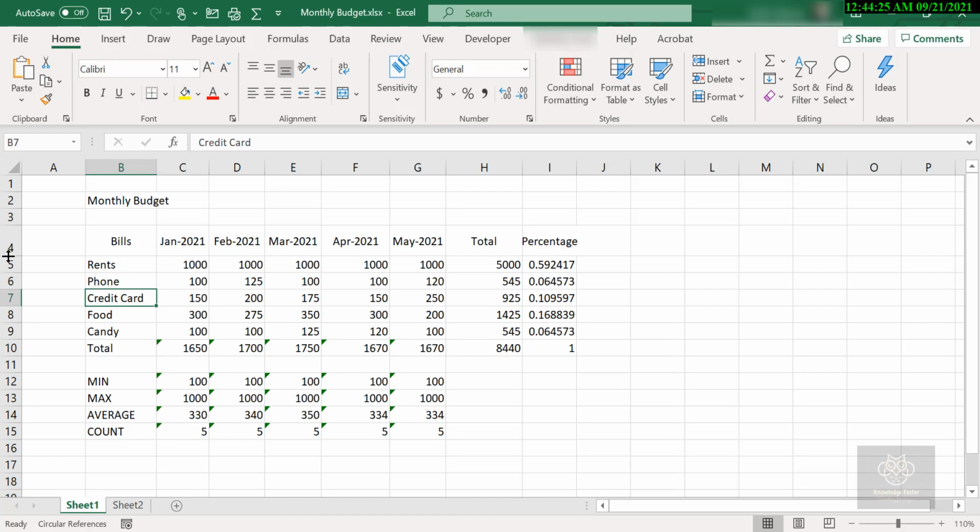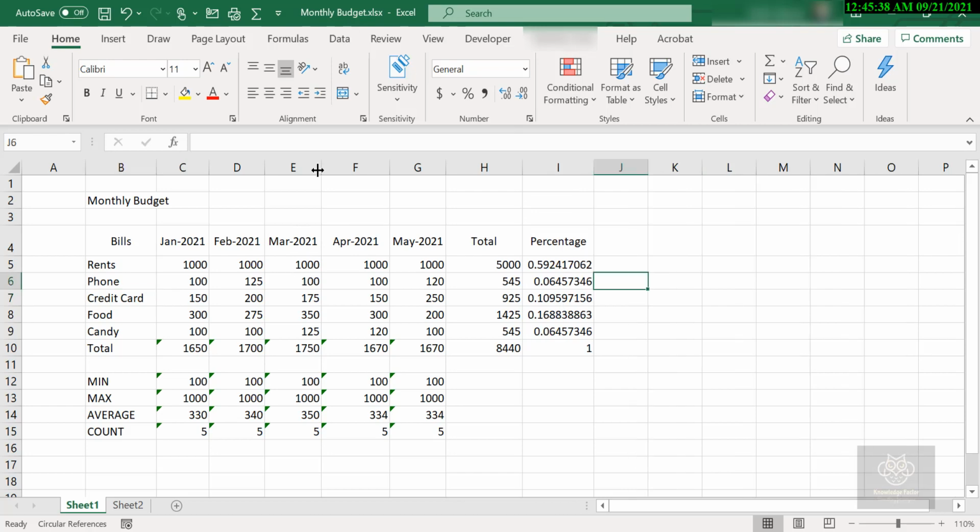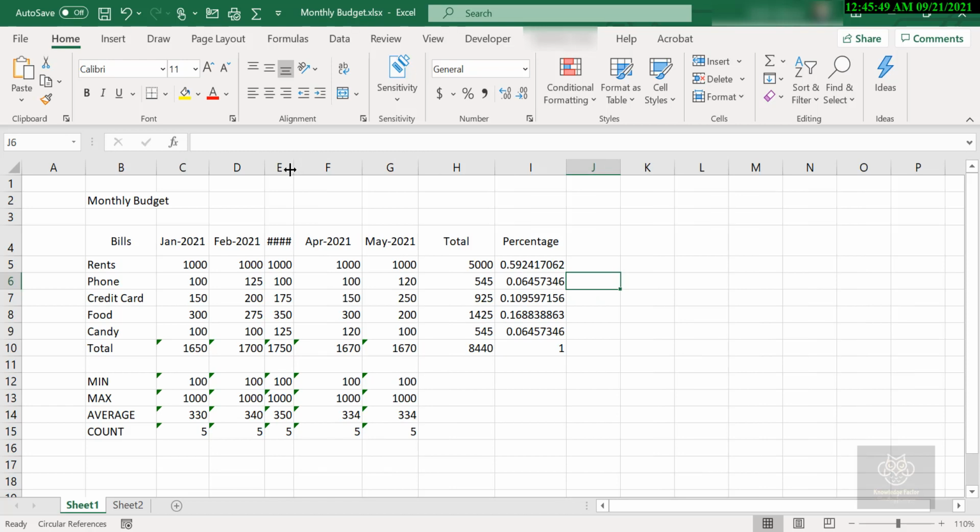Now, I'm going to give you one more tip, actually two more tips, and I love it. I love tips, I love shortcuts. So, something else you can do if you want to automatically adjust a column. I want to adjust the column width and I want to find the largest value in that column and adjust to that. So, let's say this one here. I'm going to shrink it back down again. Now I just want it to auto fit. Well, if I move my cursor in between the two columns again and get that double headed arrow once again, I'll just double click and it will auto fit to the largest value in that column.